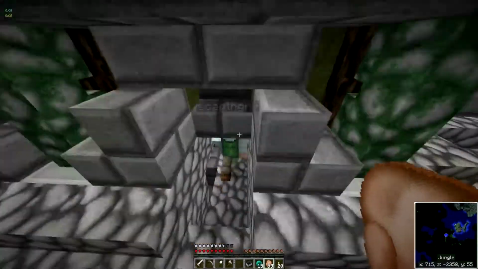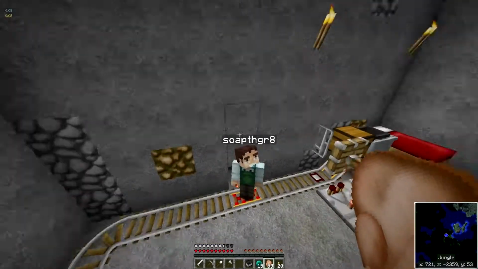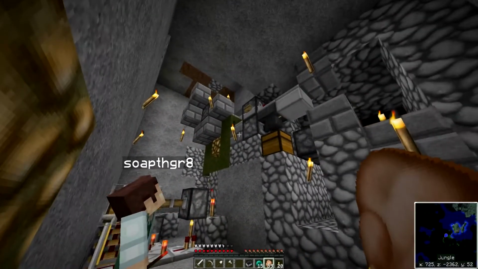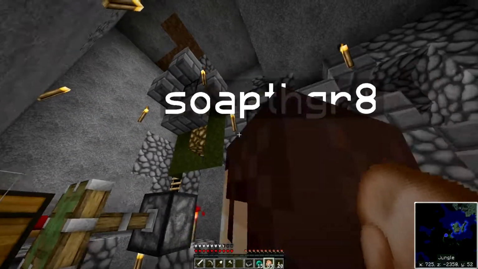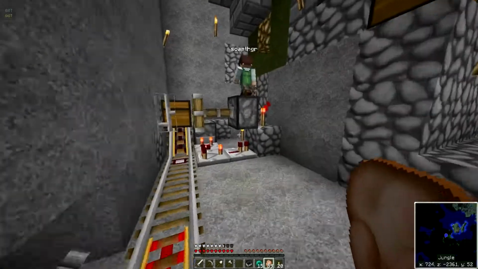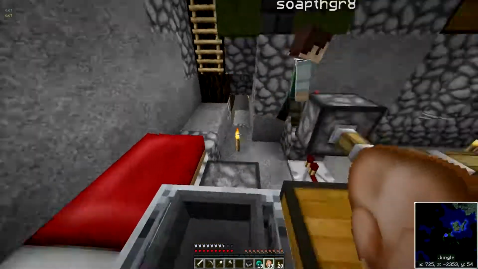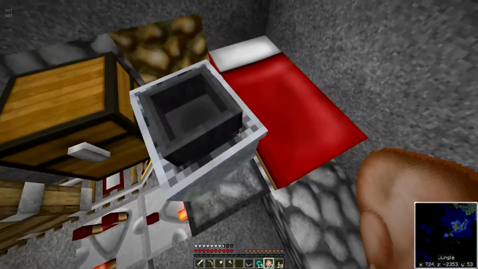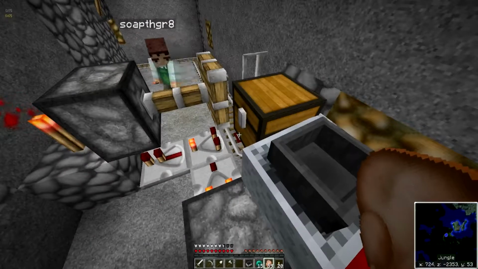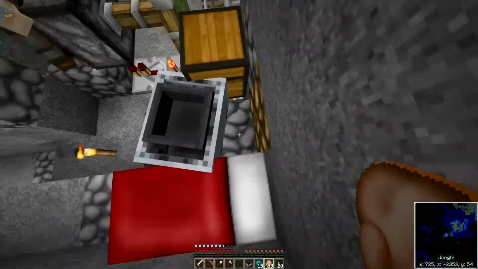I keep getting hung up on the edges. That's the code crafted clicker, one redstone torch key. I'll have to look that up because I haven't really done the torch key thing before. And this is a... if I chuck any items in there, it used to be